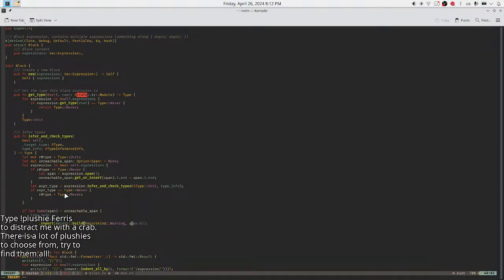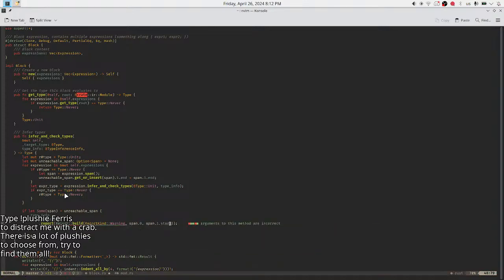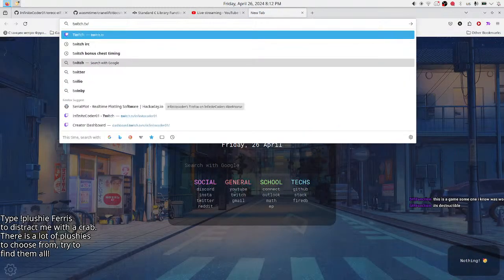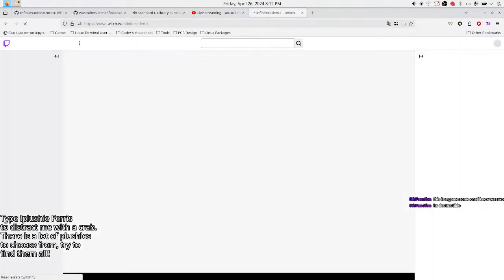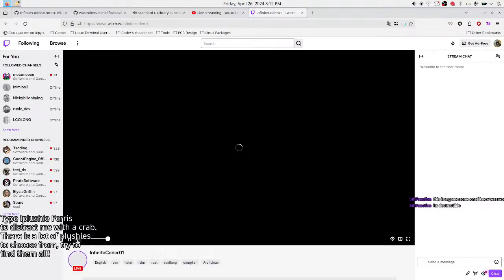What's here? Source span dot zero. Span one start is an offset. This is a game someone I know was working on. Haven't heard from him in a while though. Oh wow. I really need to open my Twitch. I need a mod view.